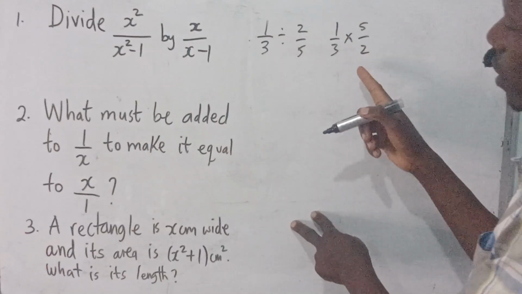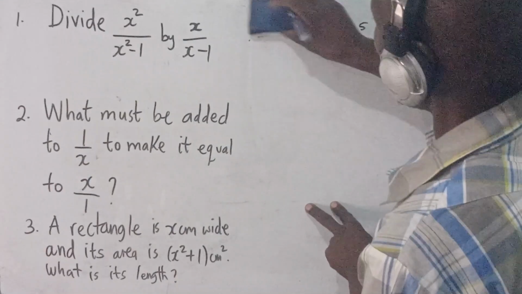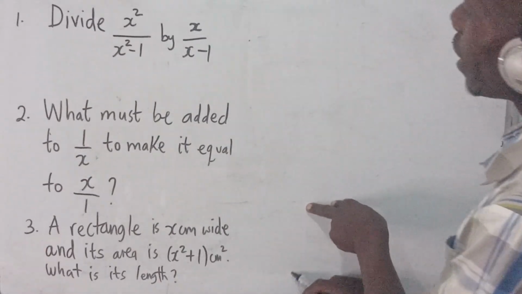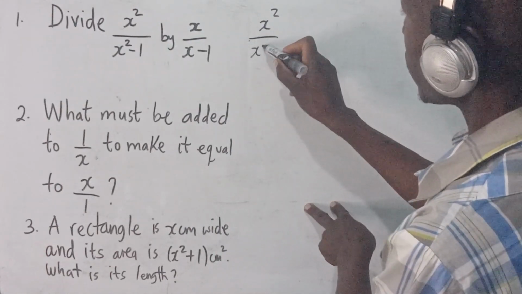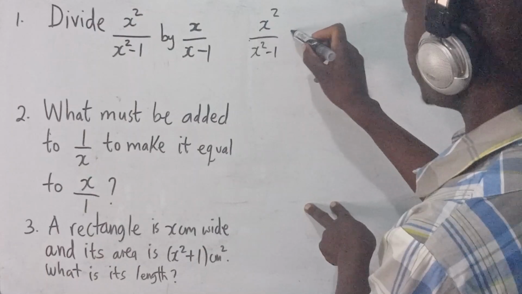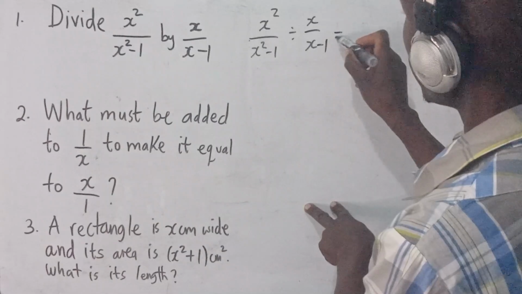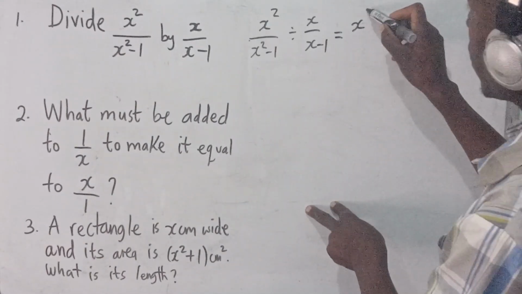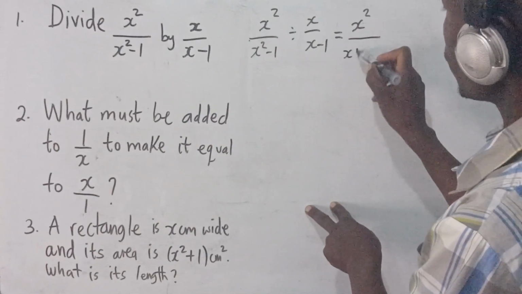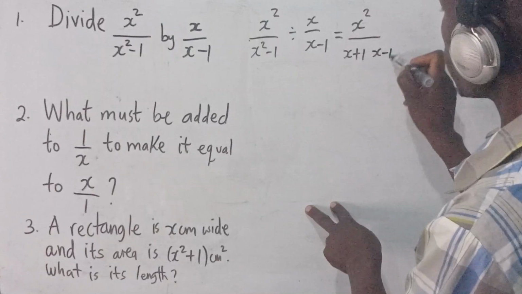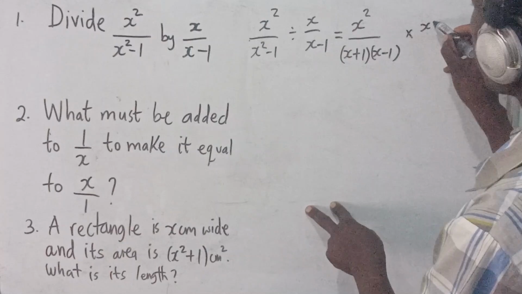We take the reciprocal. So definitely when we have to work out this, we shall have to apply the same and say we have x squared over x squared minus 1 divided by x over x minus 1. This means we have x squared over, when you look at this, a difference of two squares, which means you have x plus 1 and x minus 1. But because we want to change this, we take the reciprocal, which is x minus 1